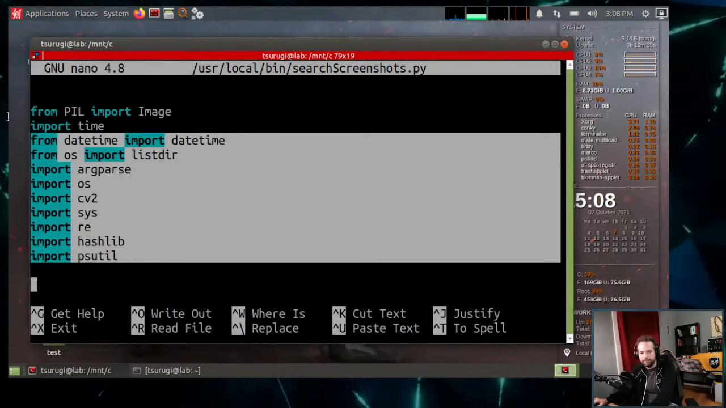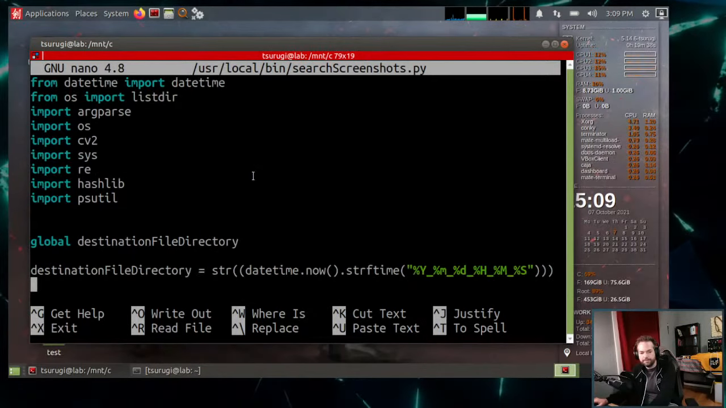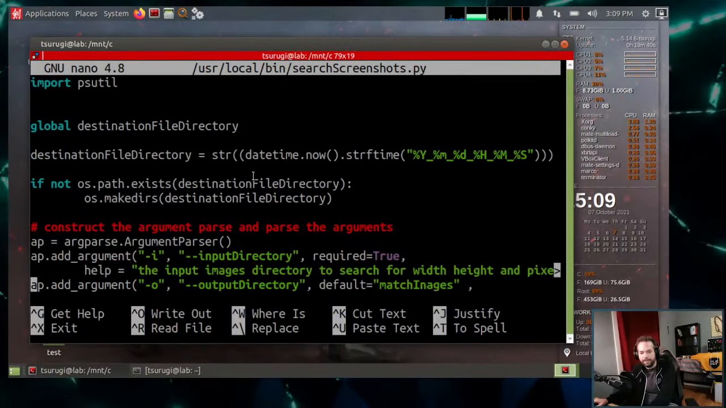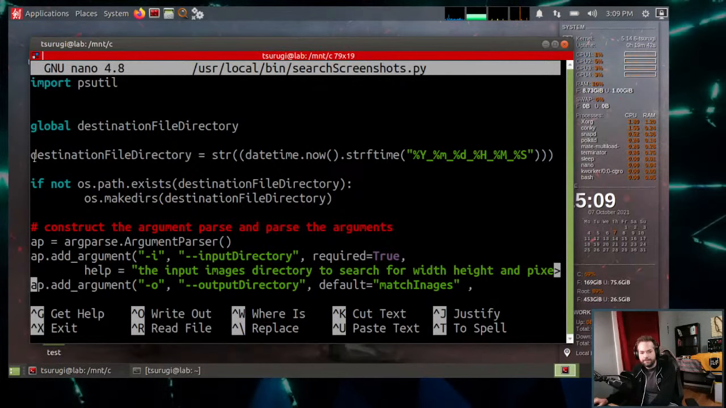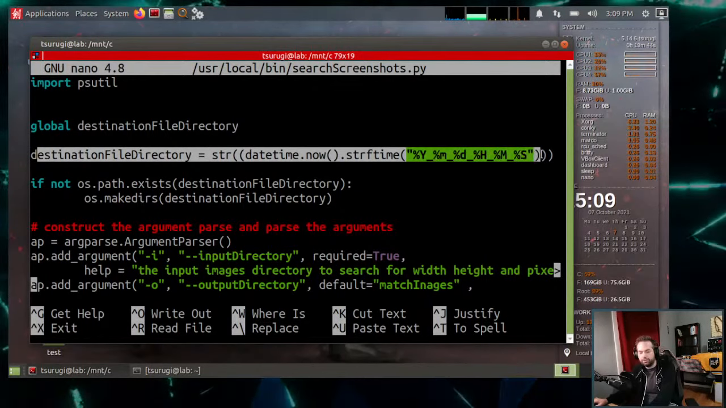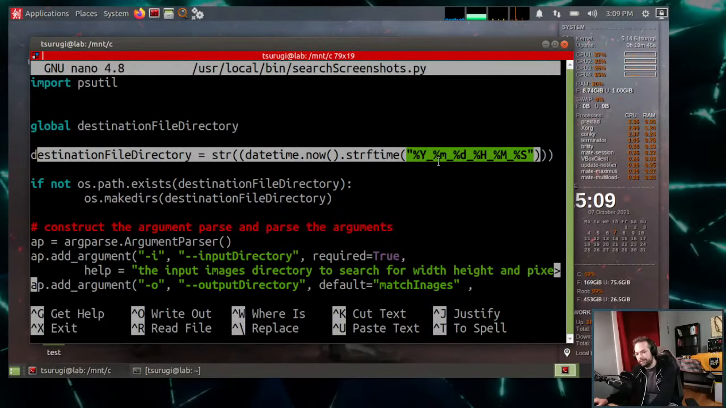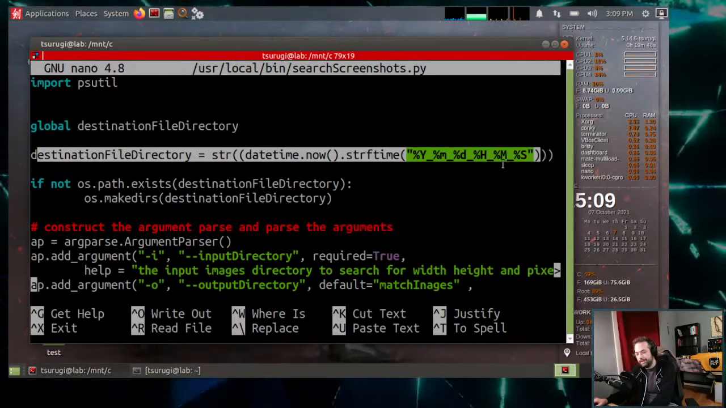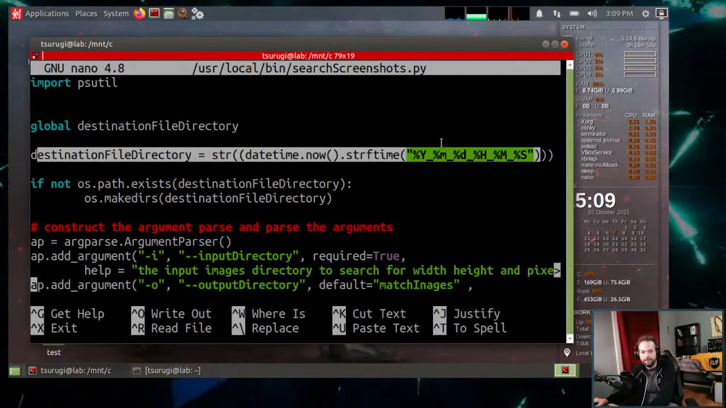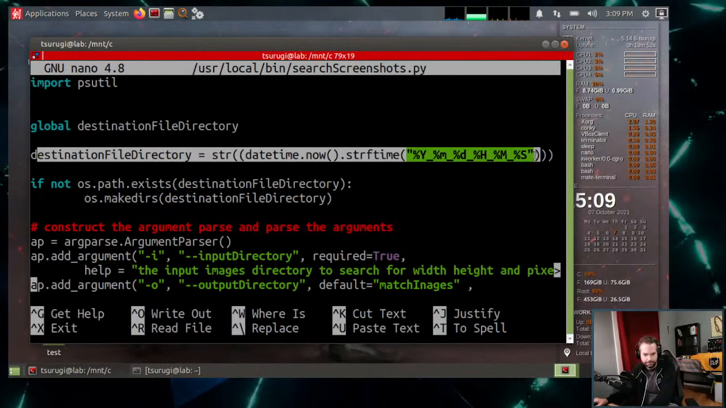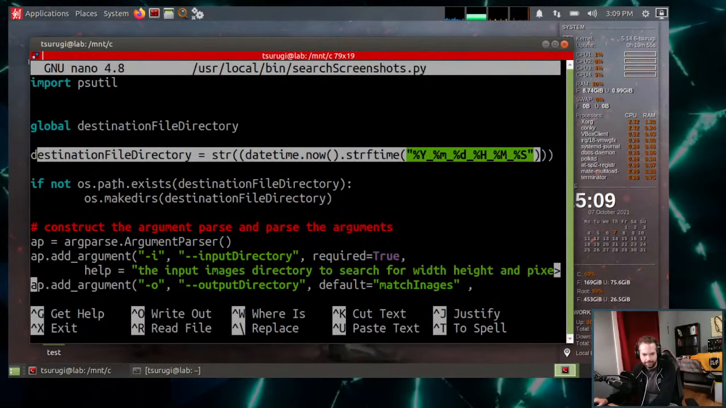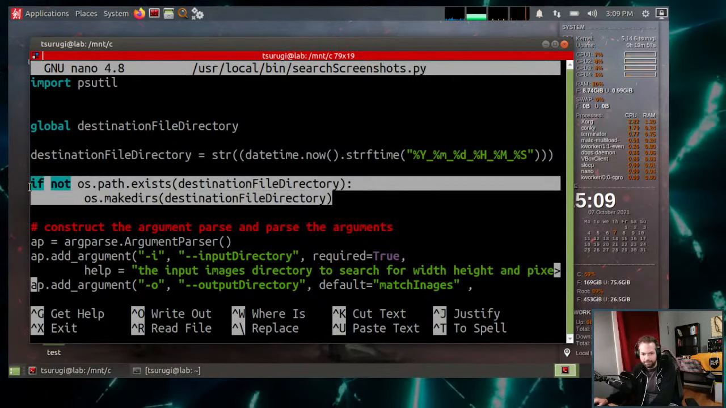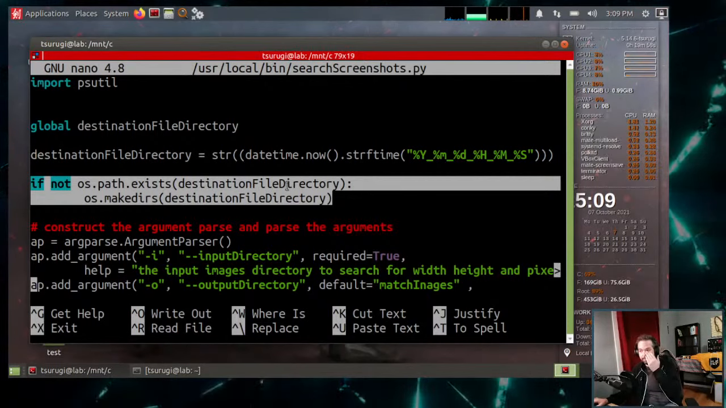First, if you're familiar with Python, we have a bunch of imports, and then we have a destination file directory, which is essentially creating a destination directory with the date and time. We're getting a string for that, and then it looks like we're just immediately making the directory. And this is a bit of a problem